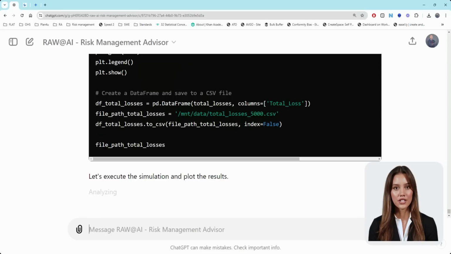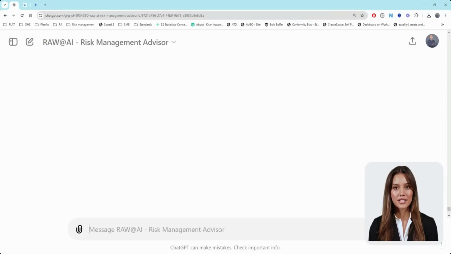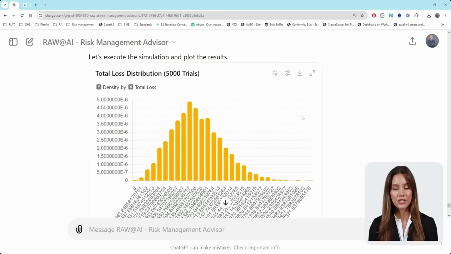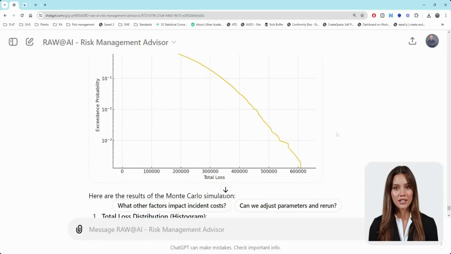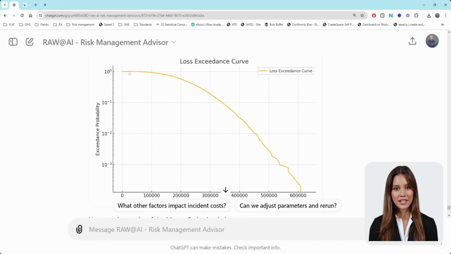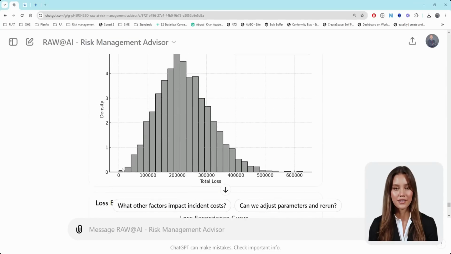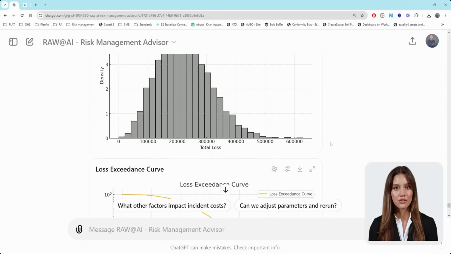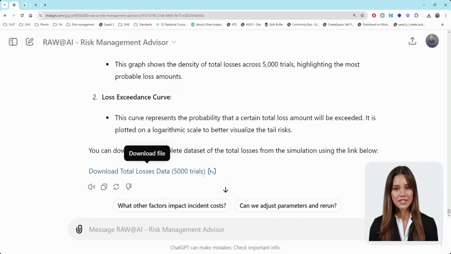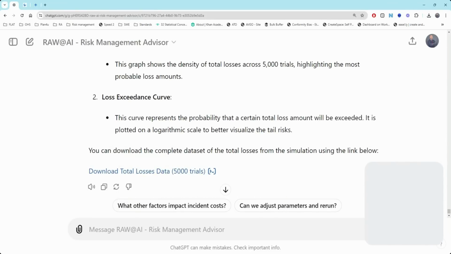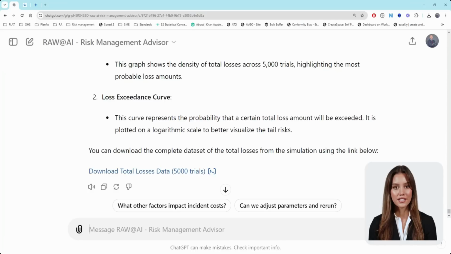It's doing the calculation, running 5,000 simulations based on the risk assumptions we provided to calculate the total risk. Great, here's the loss exceedance curve. A high probability of a low incidence and a very low probability of something catastrophic, up to $600,000 in losses per year. That's significant. The graph shows losses ranging from 0 to a very small probability of $600,000 in losses from this risk. It's available for download now. Now let's interrogate this, because this is only the beginning of the risk analysis.